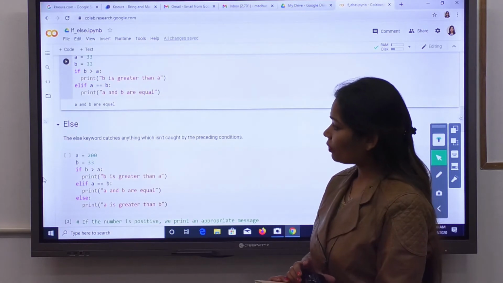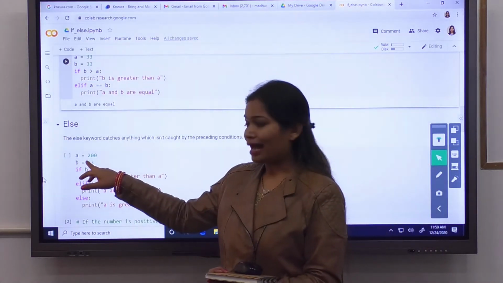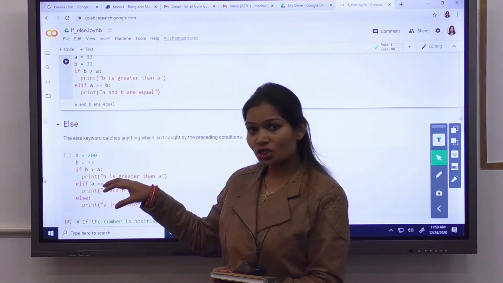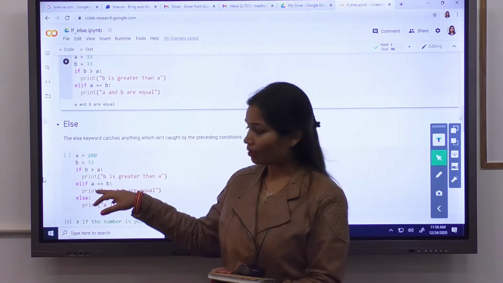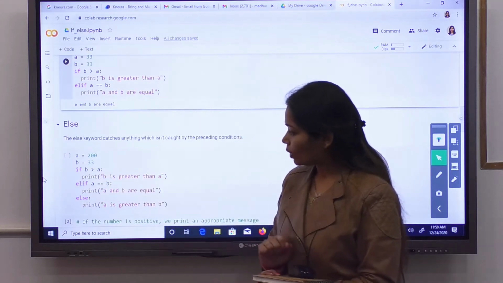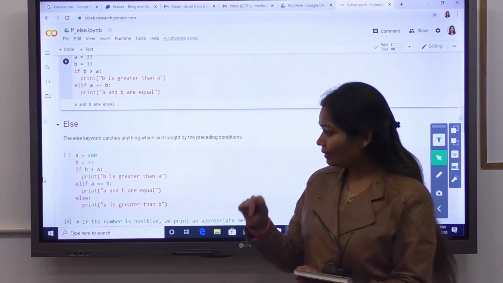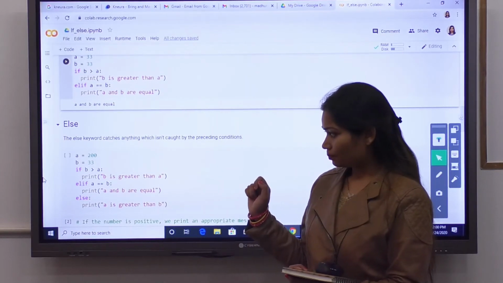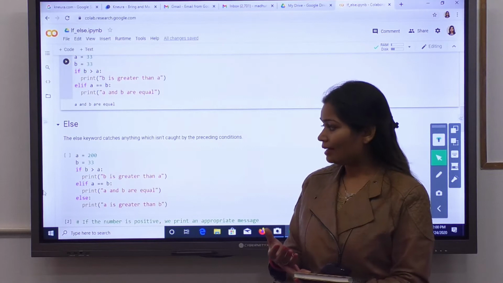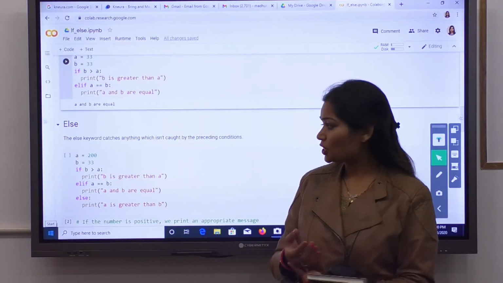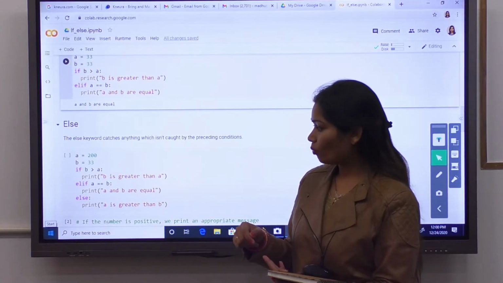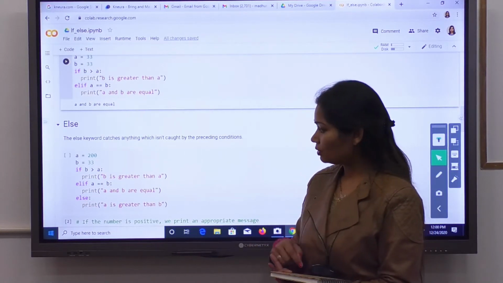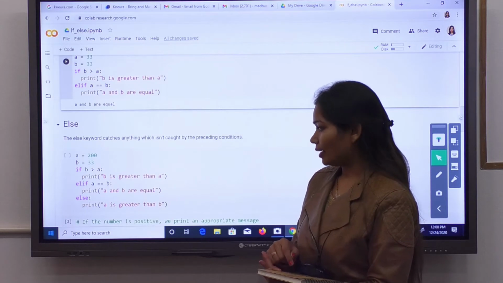In this code, what we are doing here, we have taken a as 200, b equal to 300. The first condition which we are writing in the if statement, if b greater than a colon, enter for the indentation, then print b is greater than a. Next for the elif, because we are putting another condition here, elif a equal to b is the second condition, then print a and b are equal.